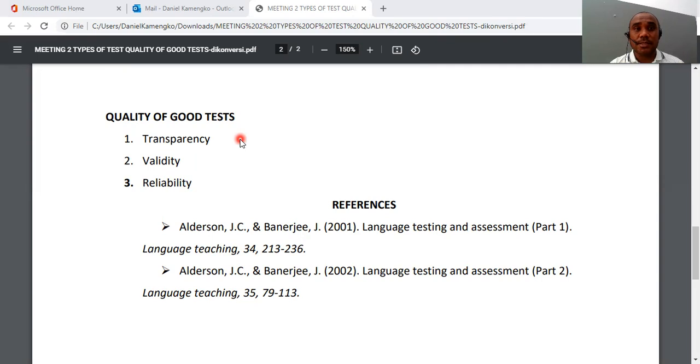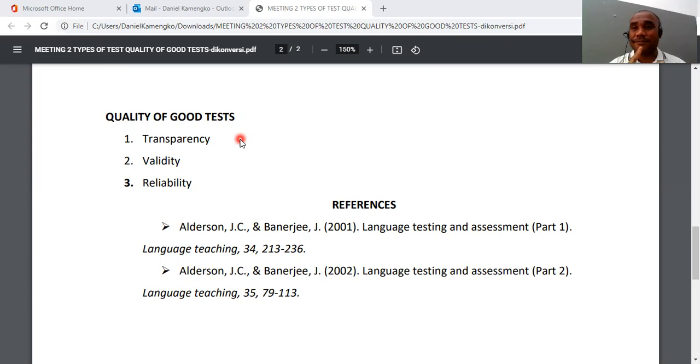Teachers, you have to look at these three ideas and how to make quality of good tests. Looking at the performance of your students, the skill, the ability, the performance of the students, let's go to number 3, reliability.